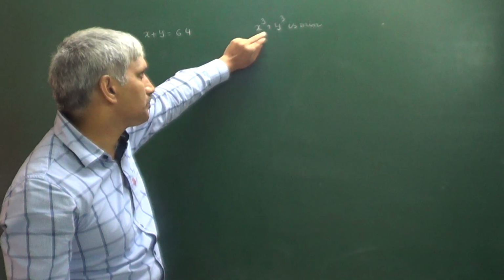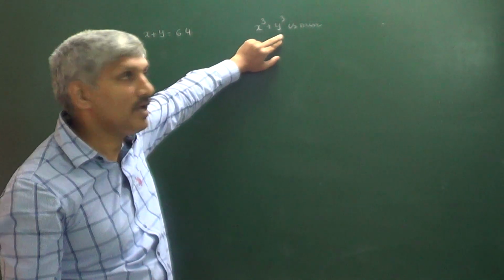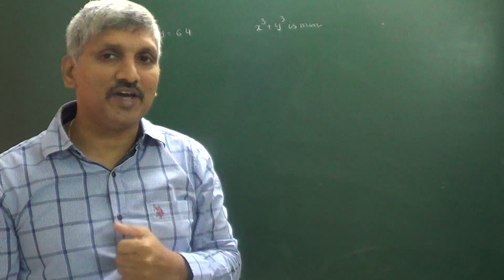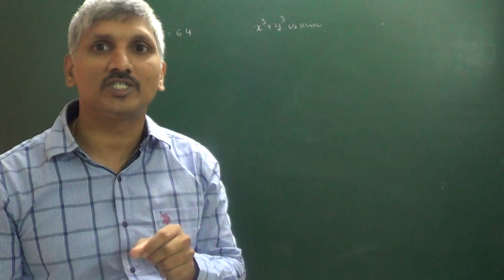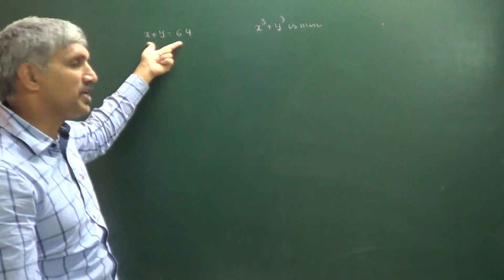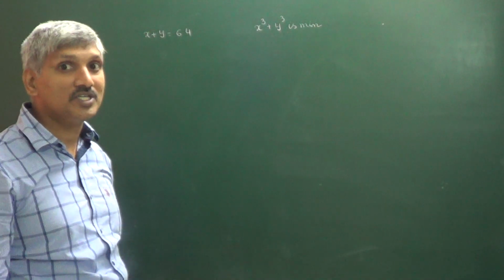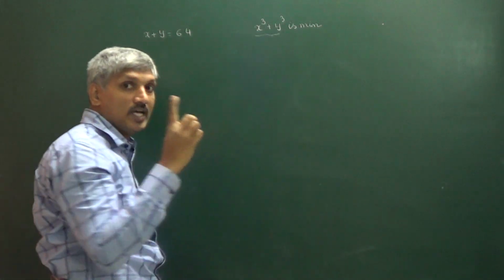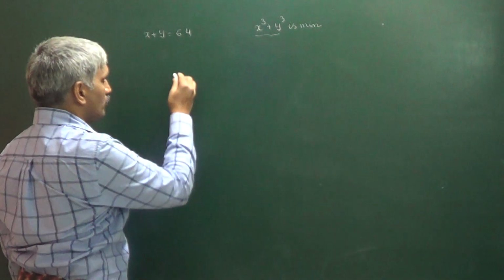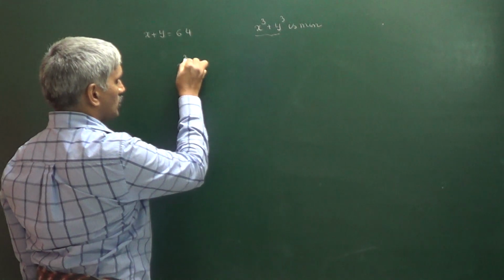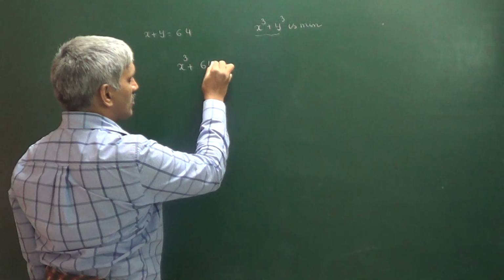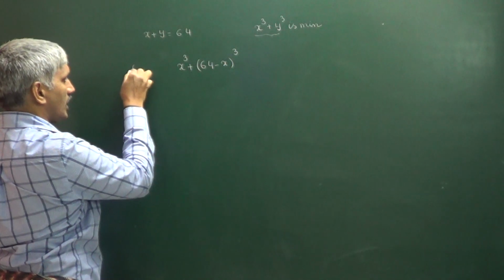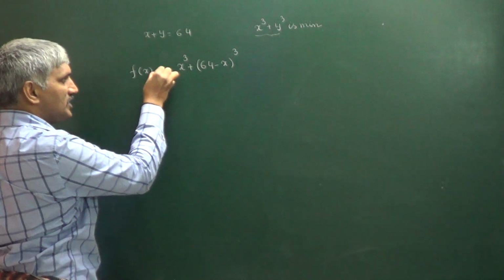But observe here, we have to get this value as a minimum, but here two variables are there. Try to convert those two variables into a single variable. Sir, how to convert those two variables into a single variable? Yes, we have the condition x plus y is equal to 64. By using this condition, convert this function into a single variable function. Now you will get x cube plus, in place of y we can write (64 minus x) whole cube, that is equal to f of x.